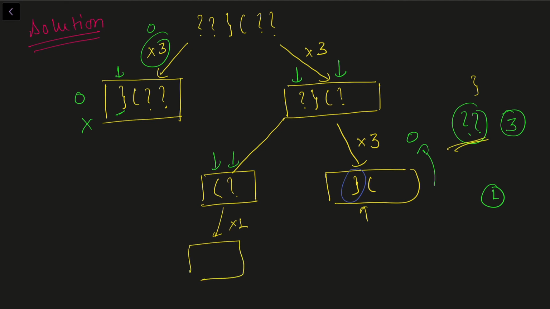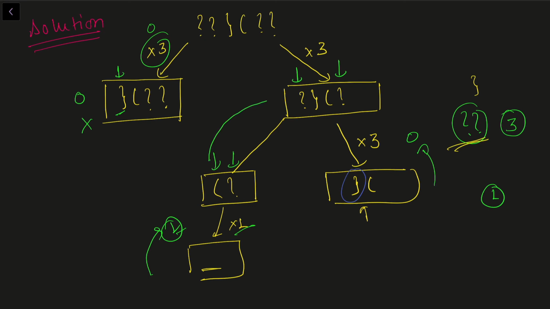So the string that I'm going to get is an empty string of length 0. In case we got an empty string, that means that we have already paired up all of our brackets, right? So in this case, I will return 1 from here. I'll say that this is a valid choice. Now 1 multiplied with 1 is 1.